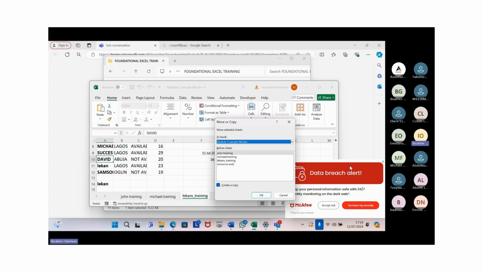But if you want that copy to be in a new workbook, just expand it by using your up and down arrow. Module 5 sample file.xlsx. Then scroll down. New book, not selected, 1 of 2. If you press enter on this new book, it's going to create a new Excel file for you and put that Lecon sheet inside the new book. So that means you have two books: the Module 5 sample file, your old book, and then a new workbook entirely that contains this Lecon sheet. So let me choose